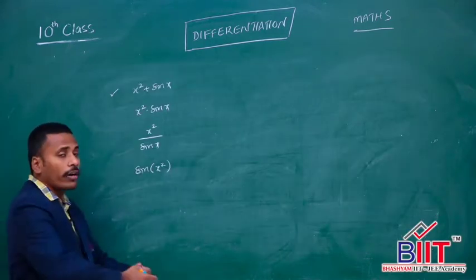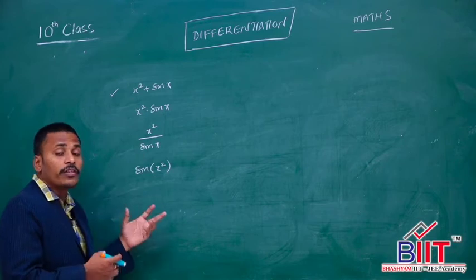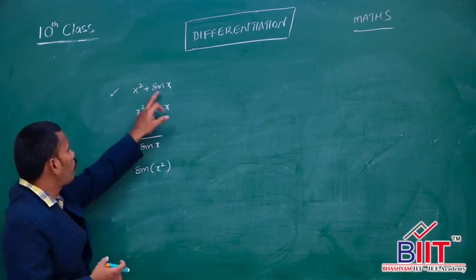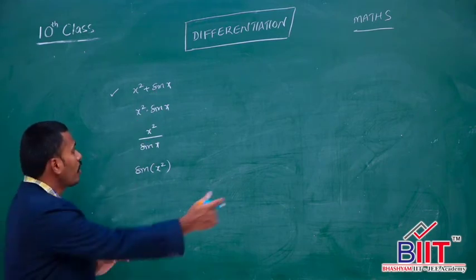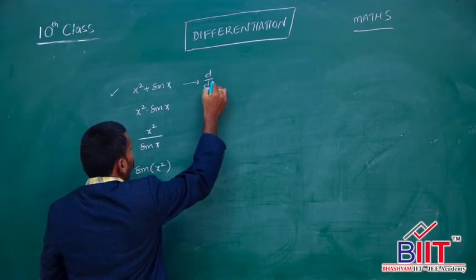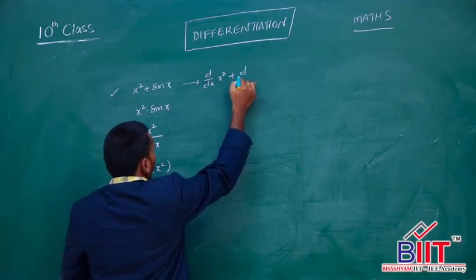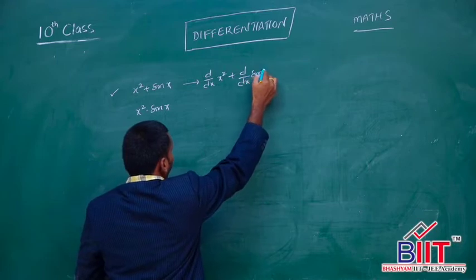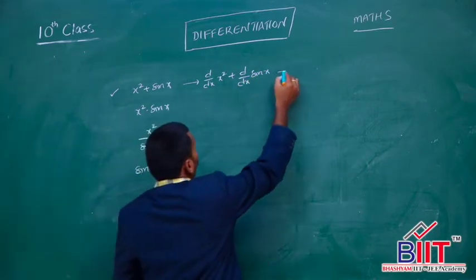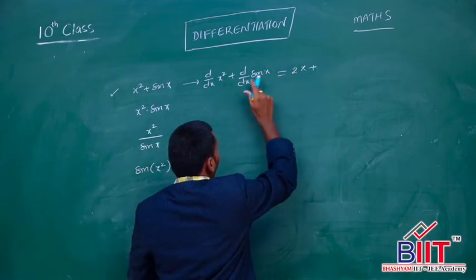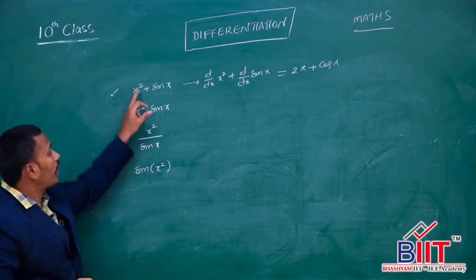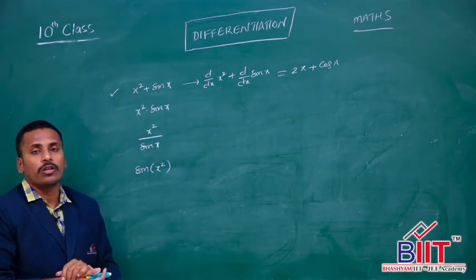I am going to calculate derivatives for these functions, which helps you understand the algebra of derivatives. The first function is the sum of two functions, x square and sin x, and calculating its derivative is nothing but d by dx of x square plus d by dx of sin x. We distribute that d by dx over the two functions separately. The derivative of x square is 2x, whereas the derivative of sin x is cos x. So the derivative of x square plus sin x is 2x plus cos x.